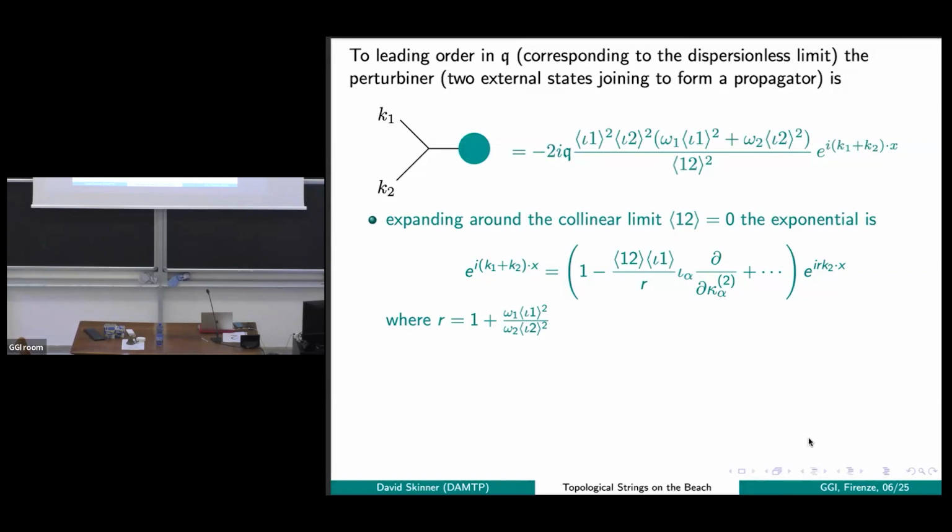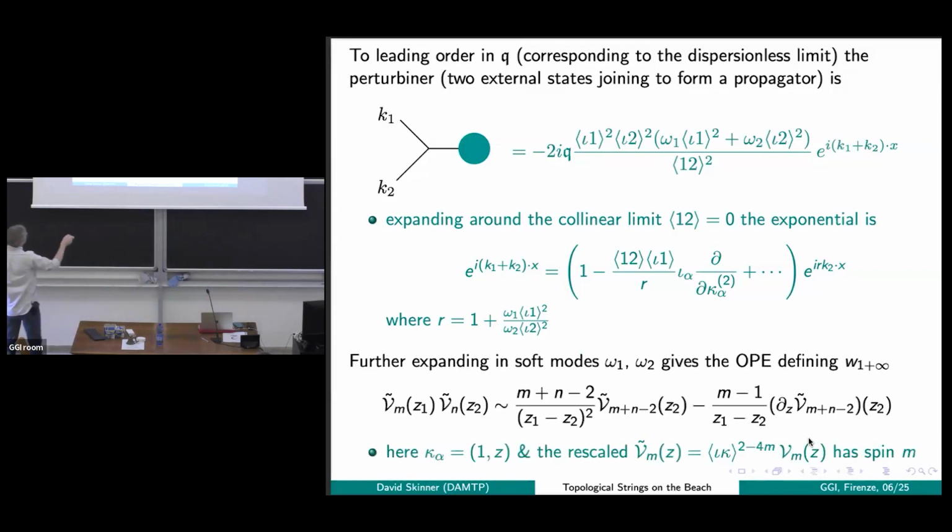So the leading term is just 1 times a modified momentum eigenstate where the momentum is entirely in the direction of kappa 2, but there's some sort of rescaled energy because we've now got the energy of particle 1 together with the energy of particle 2. So the omegas are sort of getting shifted by that. But then there are subleading corrections, and in particular, there's a correction that's just first order in ⟨1 2⟩ when 1 and 2 become proportional, which looks like this second term here. And then there'll be higher order corrections with higher powers of angle bracket 1, 2 in the numerator, but those things are just going to give me some regular contribution, so they're not going to be interesting for the OPE.